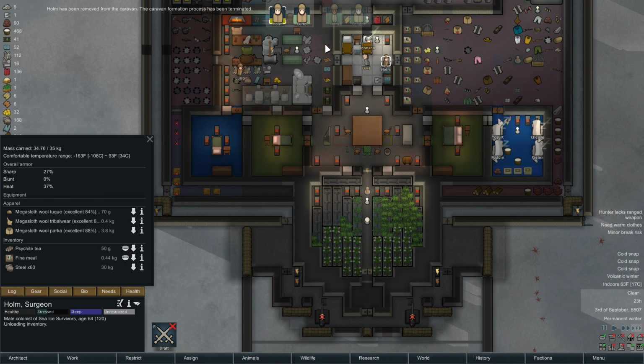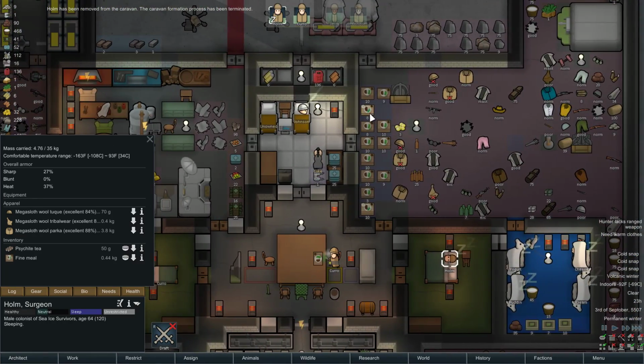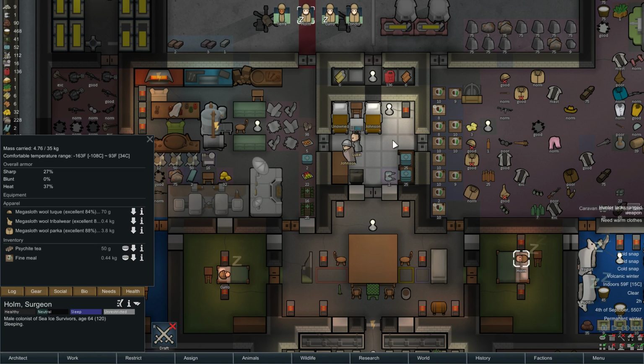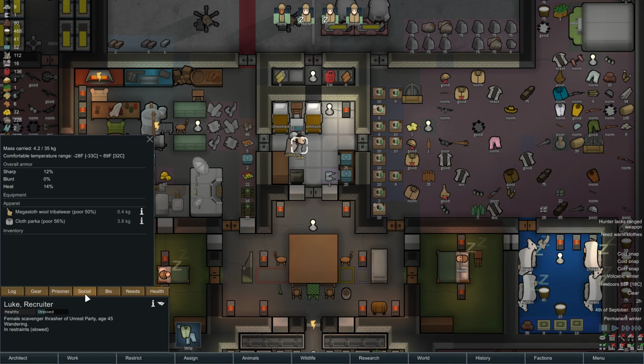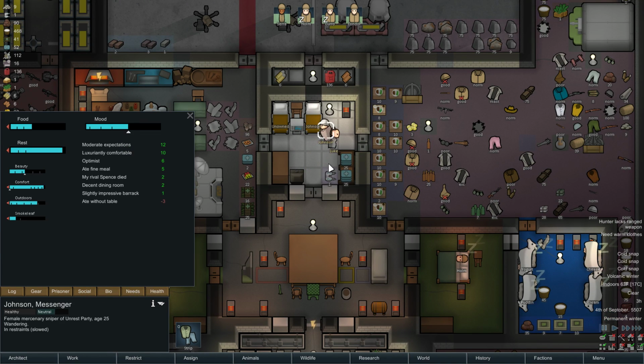I would have them caravan some more, but their moods are a little low, so I'm just going to lay off of them. I could feed them the lavish meals, but I don't think they're quite that low yet. Alright, and the other caravans have arrived. Now, in terms of social, their needs...